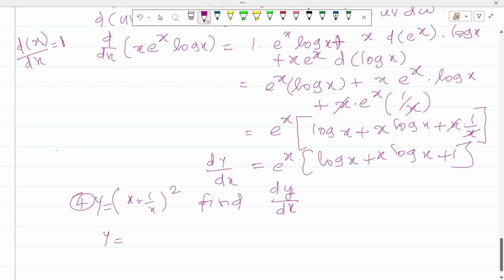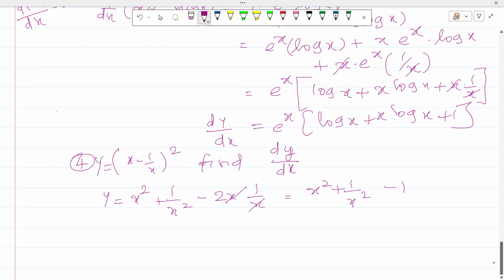It is like a minus b whole square: a square plus b square minus 2 x into 1 by x. So x gets cancelled here, that is x square plus 1 by x square minus 2. So therefore dy by dx is